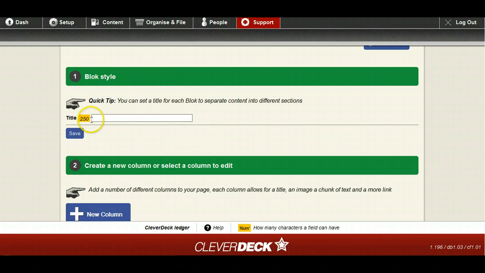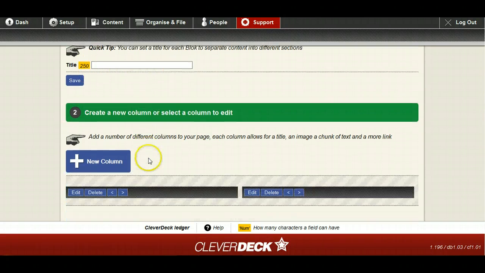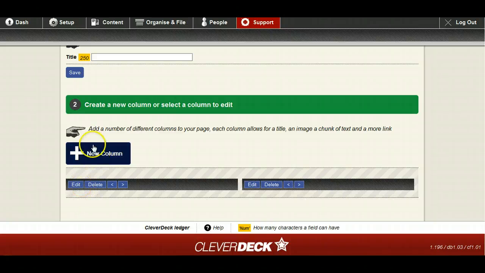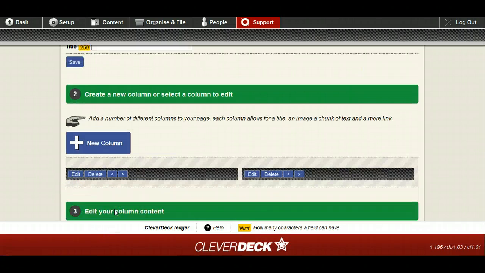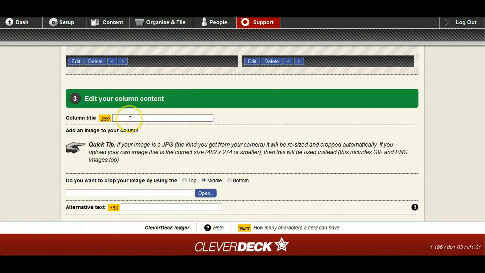So I can add a title to the block. I'm going to leave that blank for now, and you can see we've got 2 blocks or 2 columns within our block that have been created automatically for us. So I'll click edit and start editing my column here. I'll give it a title, intro,